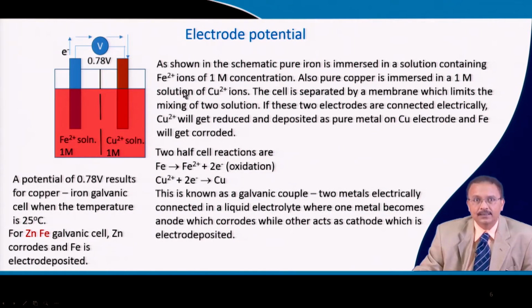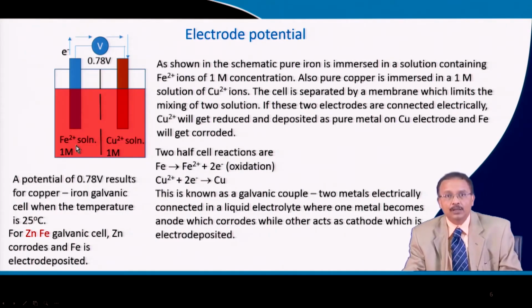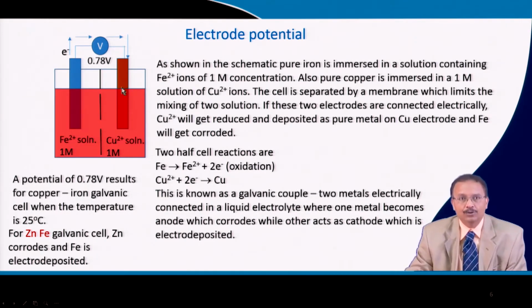Pure iron is immersed in a solution which contains iron salt, and the concentration of the salt is 1 mole. And also in the other half you have copper, which is also immersed in a 1 mole solution of copper ions, and the cell is separated by a membrane which basically limits the mixing of these two solutions. Now, if these two couples are connected electrically, and if you have a voltmeter here, then you will see that